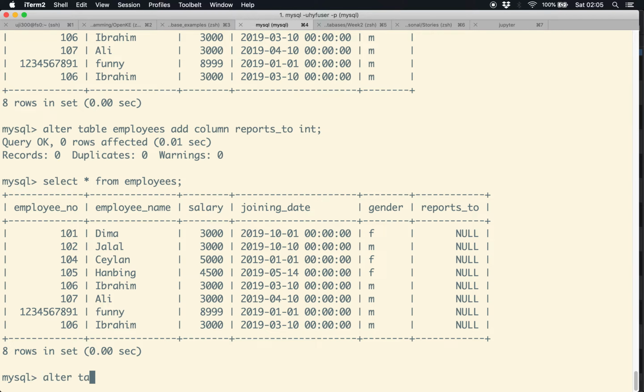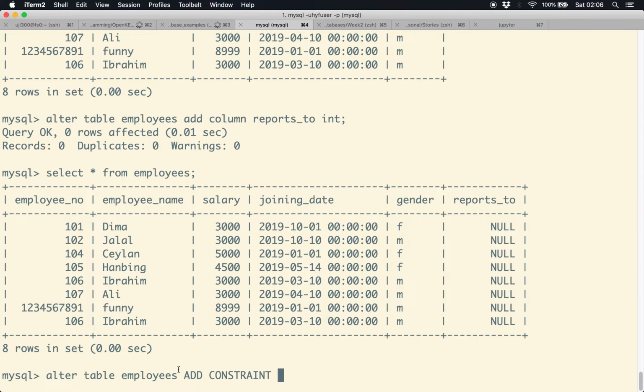Now similarly, I can also alter table, but instead of adding a column, I can add a constraint. This is also part of the syntax, so to just make it explicit, you can also write it like this, so that you know that add constraint is something SQL understands, whereas employees is just the name of the table. So we are going to alter table. Which table? Employees table. We are going to add constraint. The constraint will have a name, and I'm just going to name it real nicely, PK, which is a primary key constraint. Say PK underscore EMP